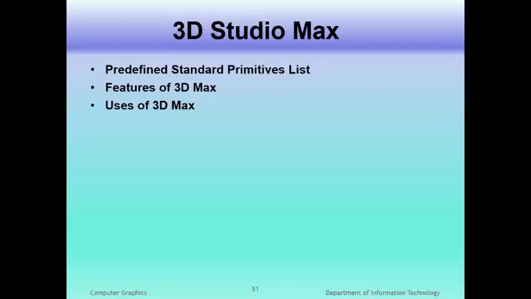NURBS, or non-uniform rational B-spline, is a more advanced alternative to polygons. It gives a smooth surface that eliminates the straight edges of a polygon model. NURBS is a mathematically exact representation of freeform surfaces like those used for car bodies and ship hulls, which can be exactly reproduced at any resolution whenever needed.